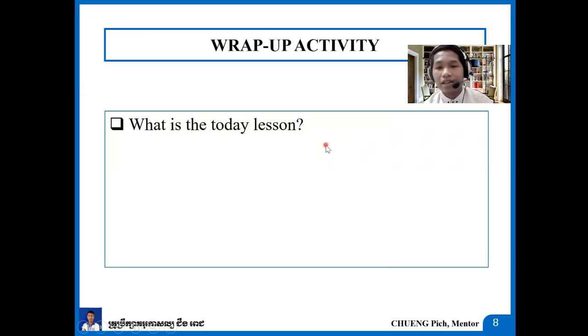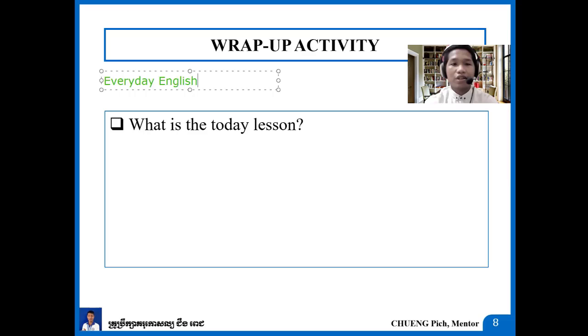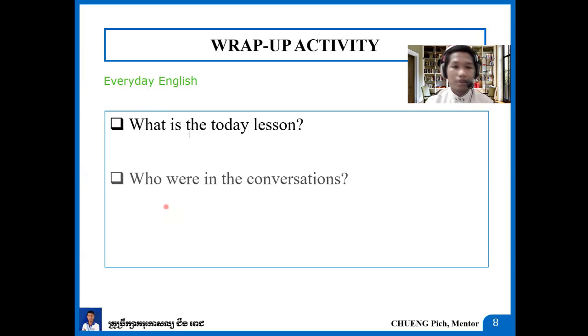So today's lesson is about everyday English. For the term everyday English here, you can take a look at the word everyday. We don't separate it because it is an adjective modifying English. So it means the English that you use every day to talk, to communicate with other people, right? So this is for today's lesson.